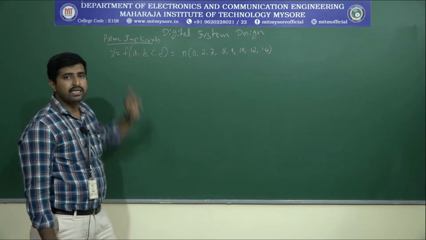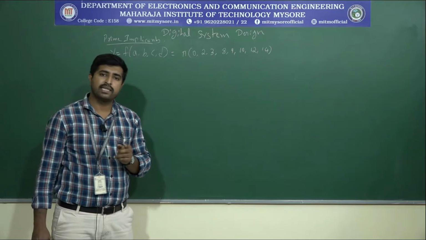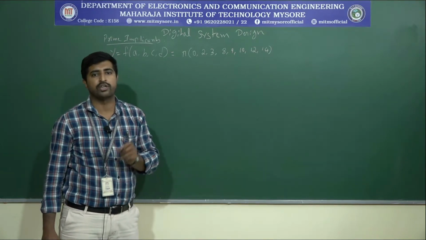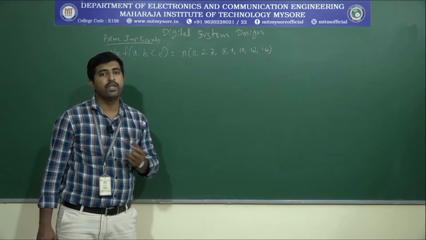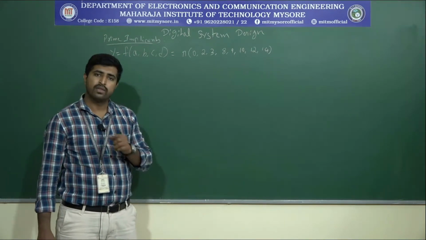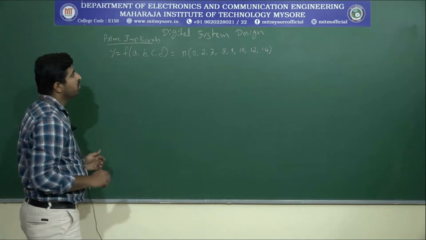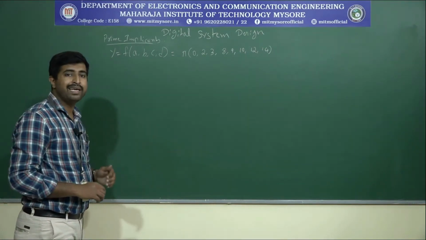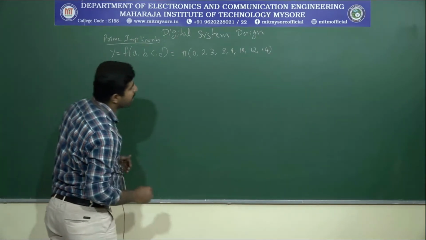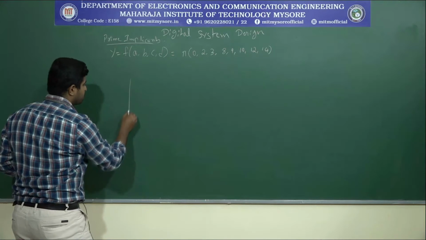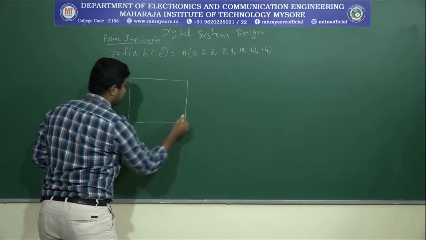As already said, there are two words, prime implicants and prime implicates. Implicants correspond to the min term expression or SOP expression, whereas implicates correspond to the POS expression or max term expression. So let's come to this problem. We need to list out the prime implicants for the given function, so let's write the K-map for the function. It's a 4 variable function, so we're going to have 16 cells.